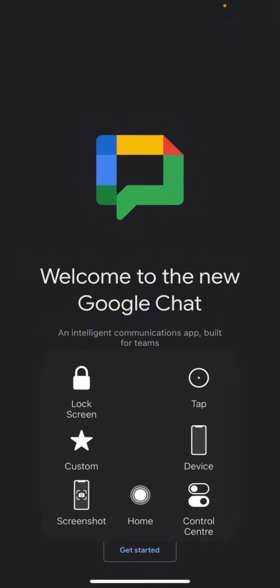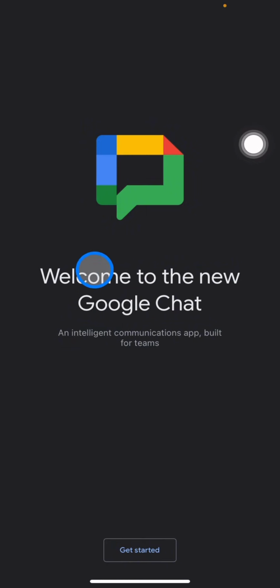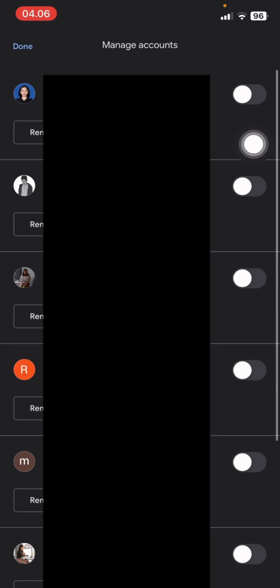So this is the look of the Google Chat application at the beginning. There will be only one button that pops up on your screen, and you just need to tap it. It will bring you into the Google accounts that are registered on your phone, and then you just need to pick the account that you want to use for the Google Chat that you want to operate here. Whenever you have decided on the account, tap the button and click done, and you will be logged